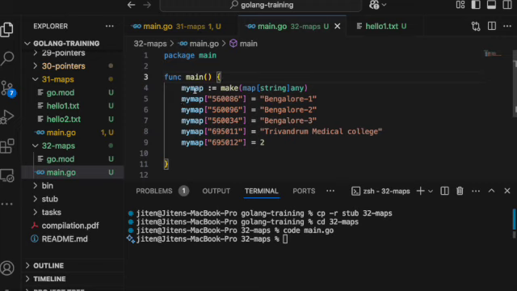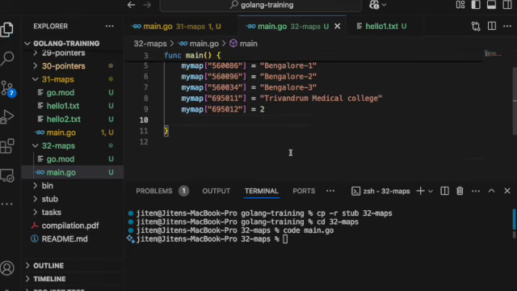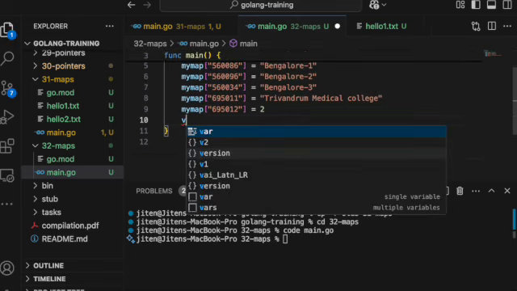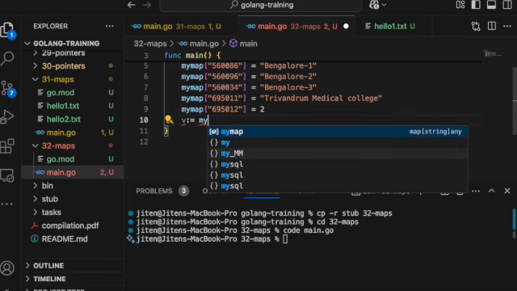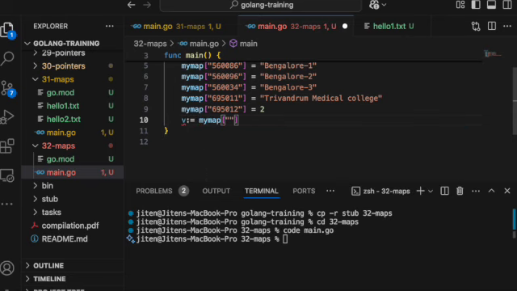I instantiated a map directly with a shorthand declaration and then assigned all the values to the map. I want to fetch the value from the map. Instead of using a for loop, you can also fetch the value directly. Let's say my map of key is